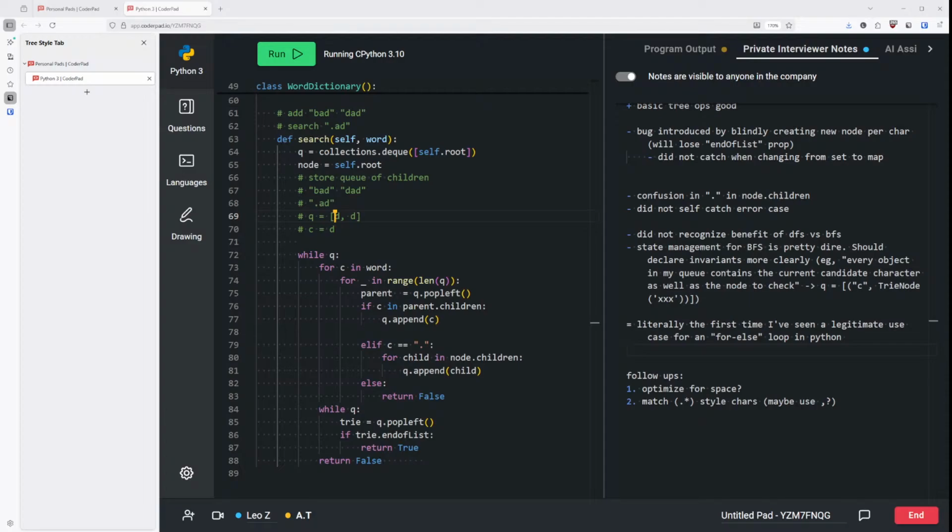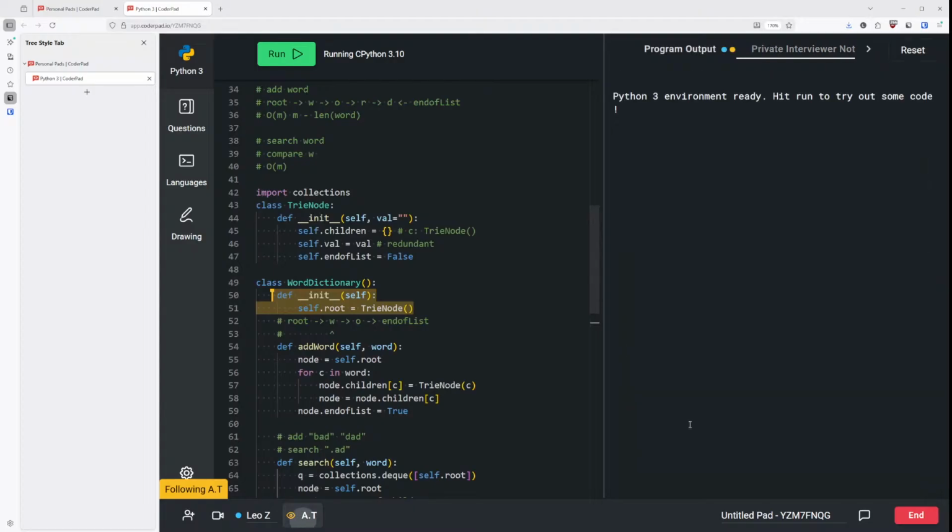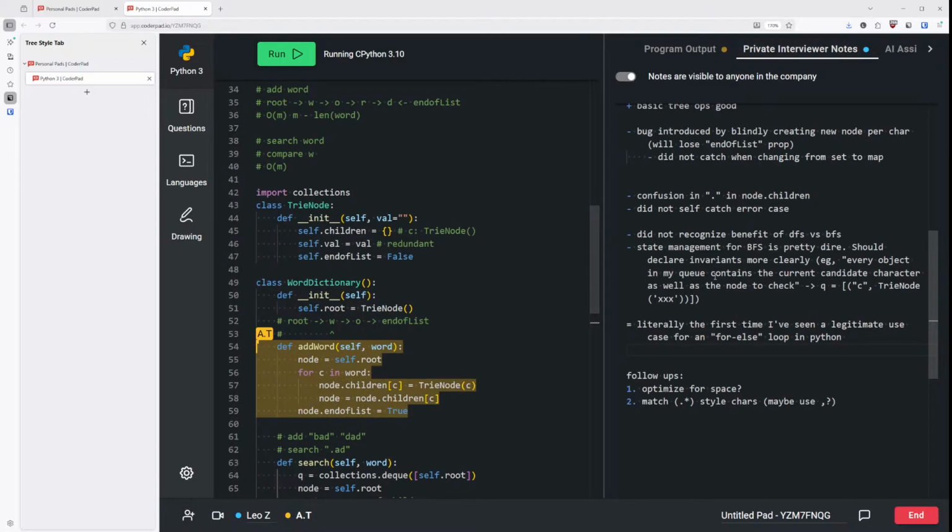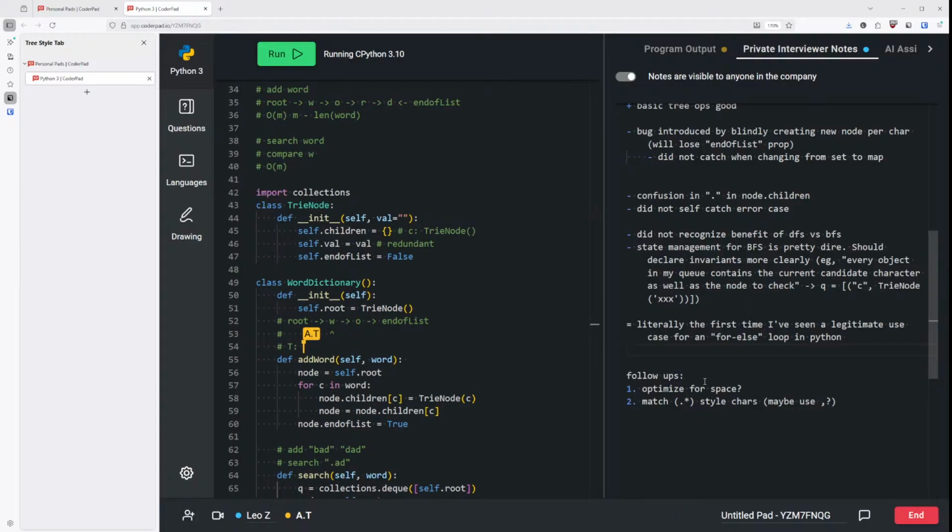Okay, can we do time and space, please? Yeah. So for initializing, it's just going to be O of 1. This is our time and space, right? So our time is going to be O of n. We're going to say that n is the length of the word,